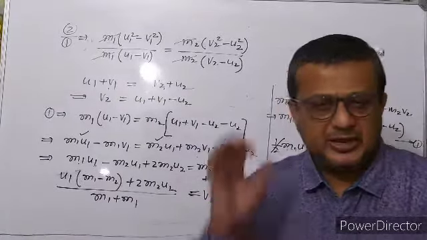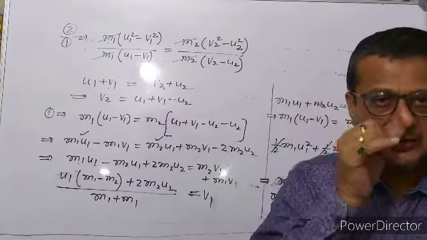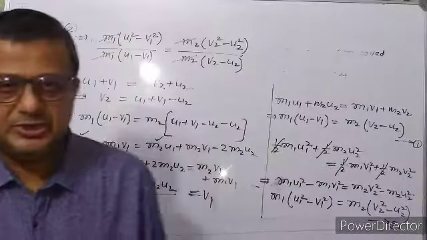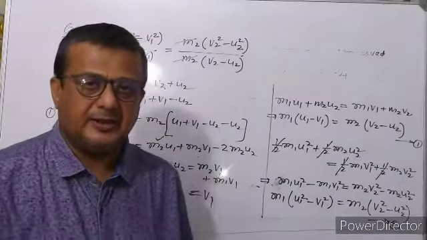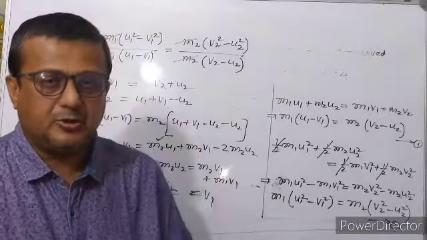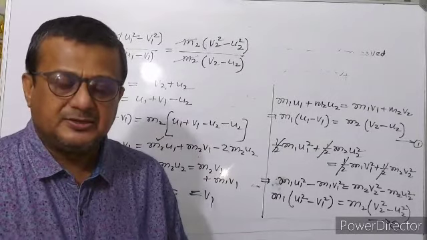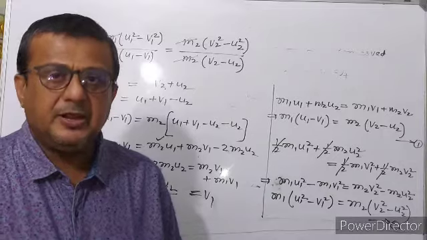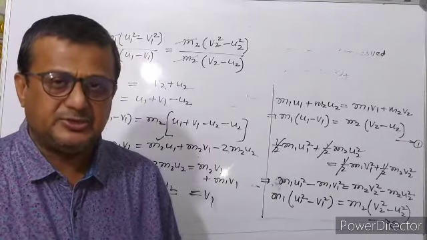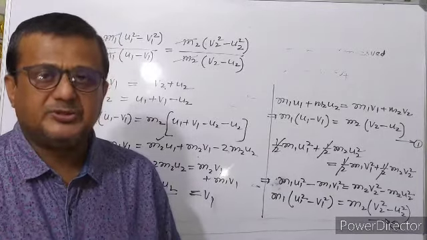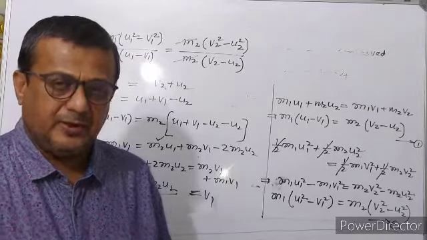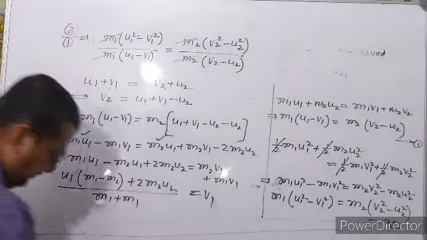So in a nutshell, we should know that initial kinetic energy is equal to final kinetic energy, before collision or after collision. Similarly, momentum will always be conserved. It may be a head-on collision. Head-on collision means after collision, the body moves in a straight line. I think clear? See one problem on the basis of this.